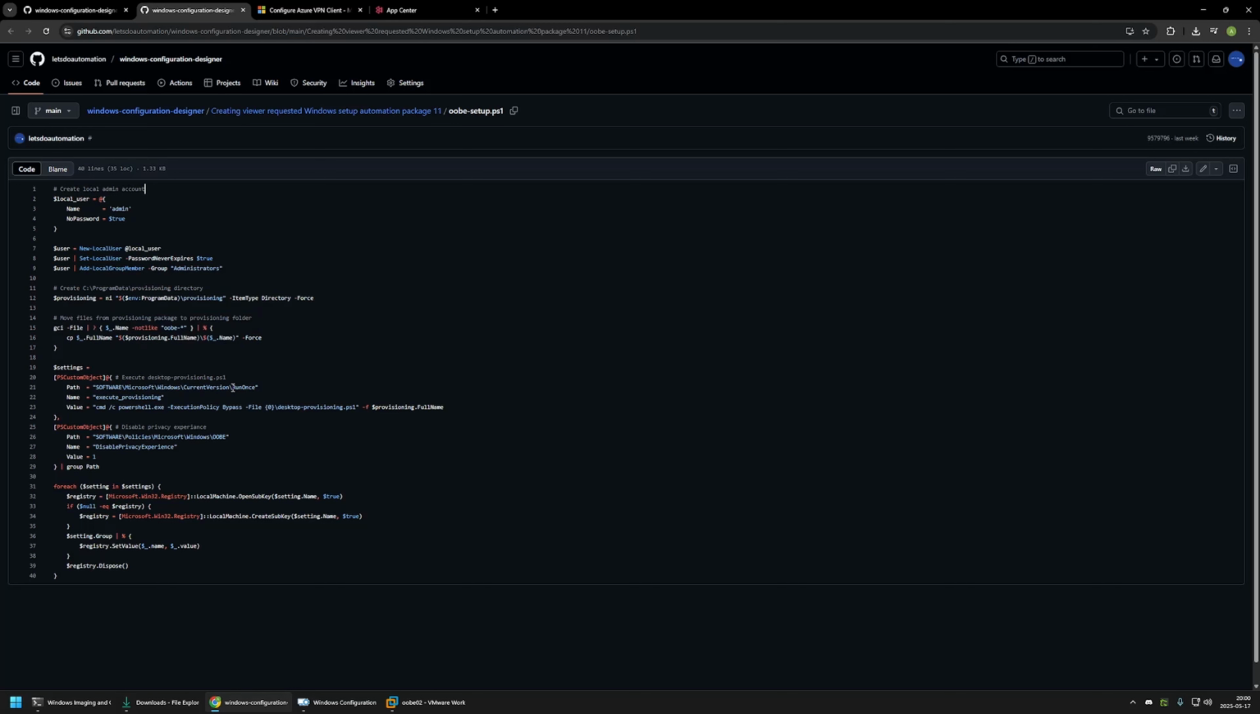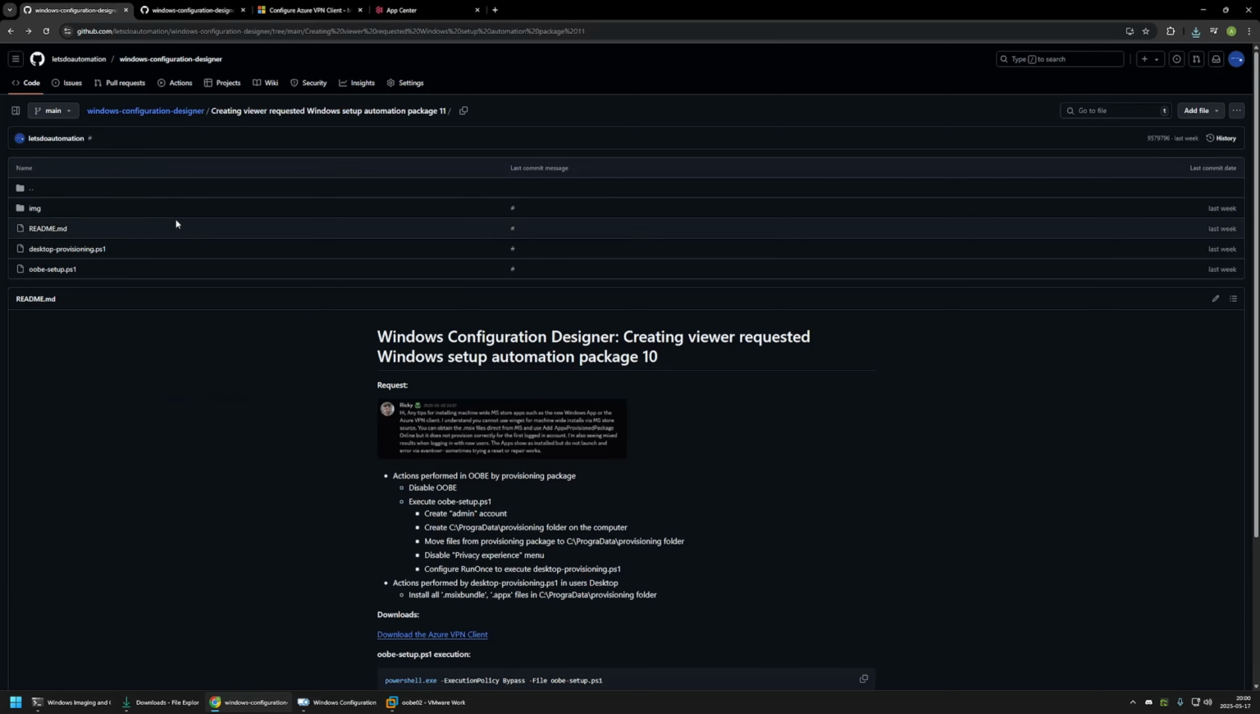And then it will configure RunOnce to execute a PowerShell script called desktop provisioning. I will show you this script later in the video. And also it will disable the privacy experience menu. Now to download this script, I will click on the button right here, go back to my GitHub page, and